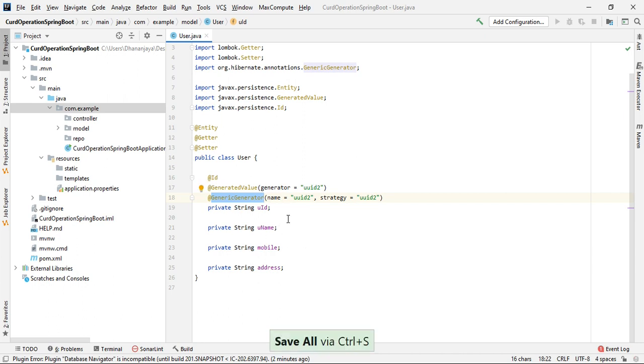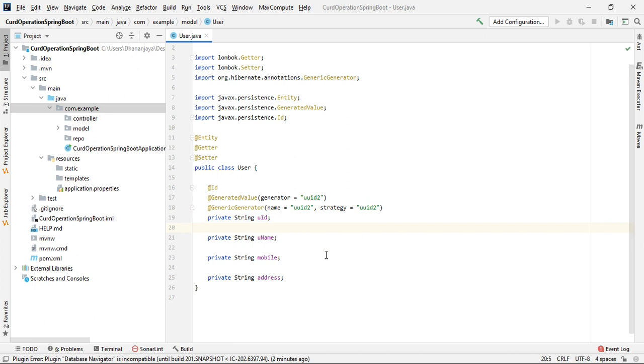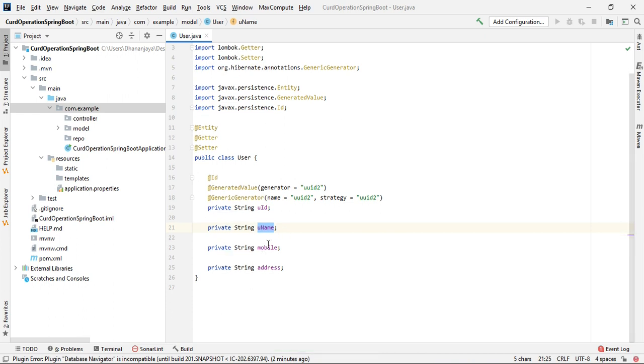So it will automatically, at runtime when we store the user in the database, create a unique UID. All the other columns will be as per the names: name, mobile, and address.